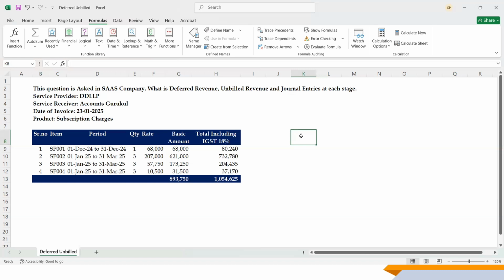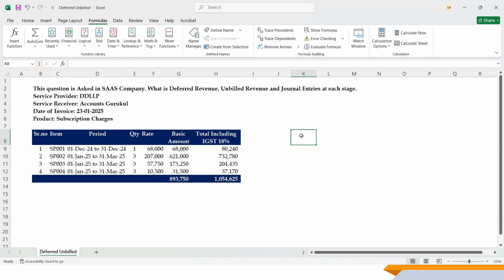We are assuming that this invoice is raised from DDLLP, and that we are able to know that when we are going to give the interview, and this service provider is that organization's name, then we have to assume that it's related to the deferred revenue and unbilled revenue from that service provider standpoint. And knowing that term itself, the deferred revenue and unbilled revenue is going to add into the service provider itself, not the service receiver. And if you still have any doubt, then you have to ask. Okay, so coming back to this,